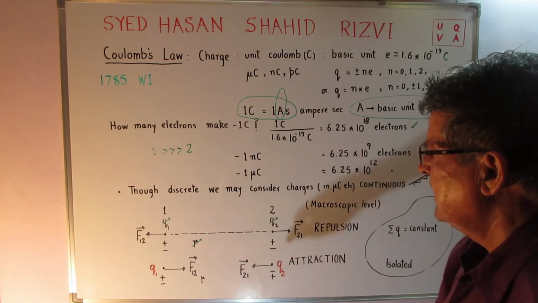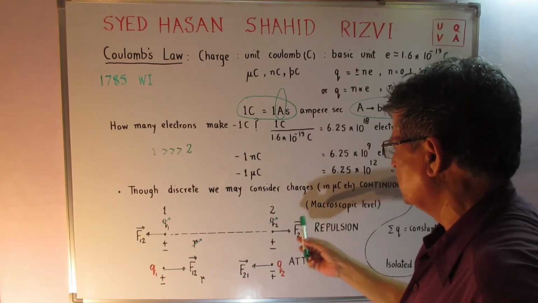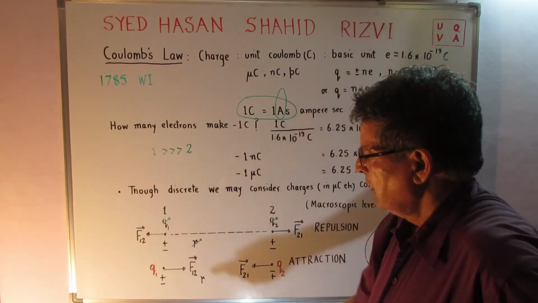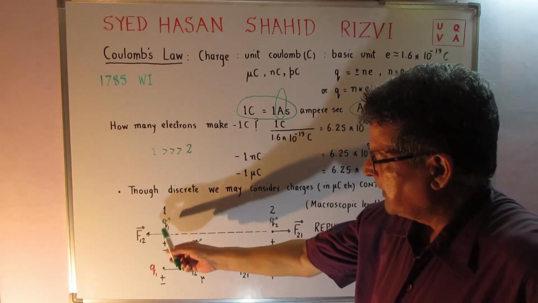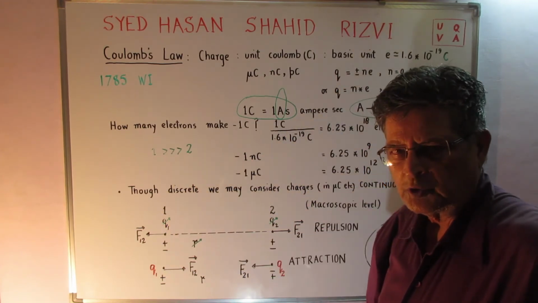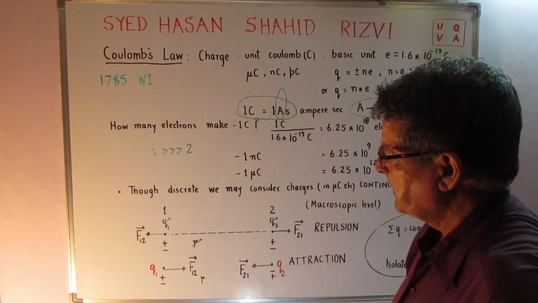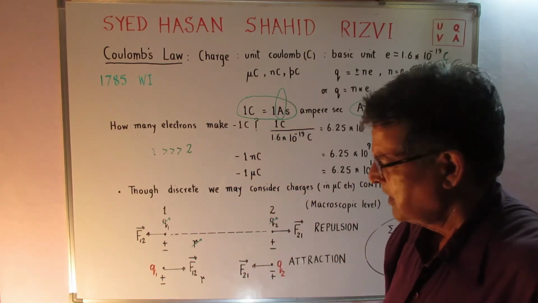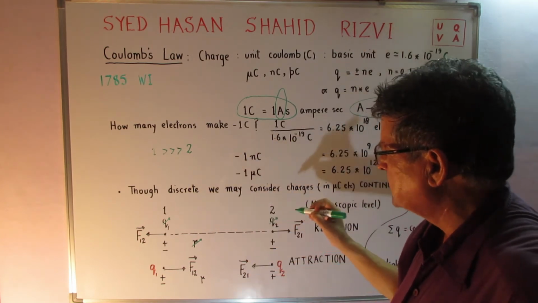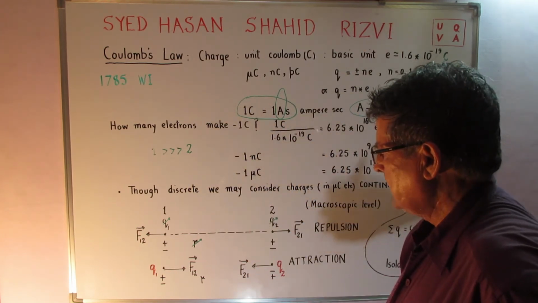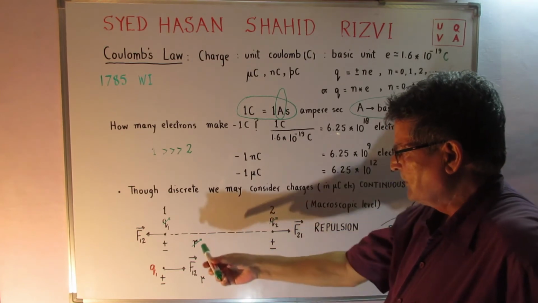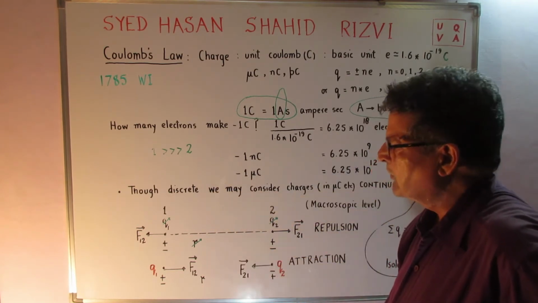So we can see, I've just shown you two forces. Here, the force on body 1 due to body 2. The same language I used in the case of Newton's law of gravitation. There I had m1 and m2, two variables, and r was the distance between them. Of course,